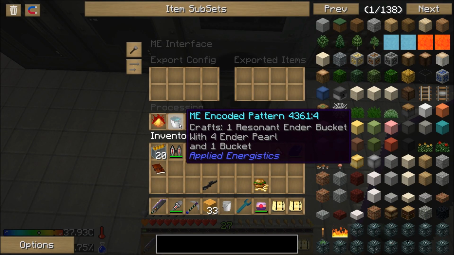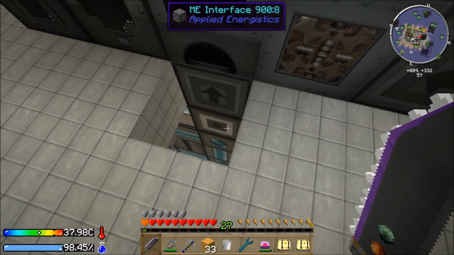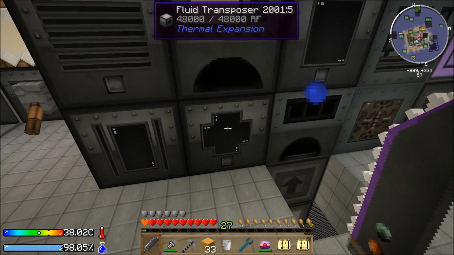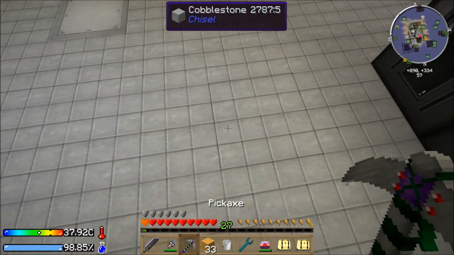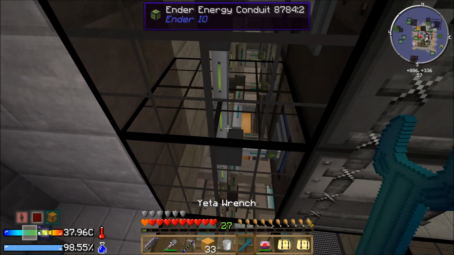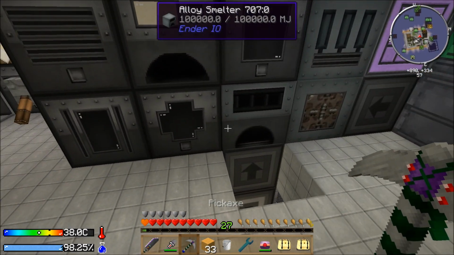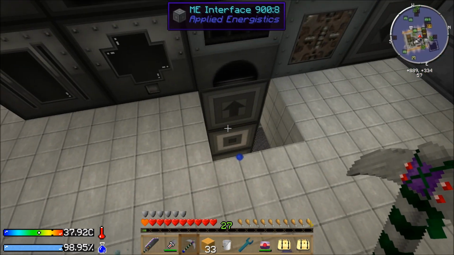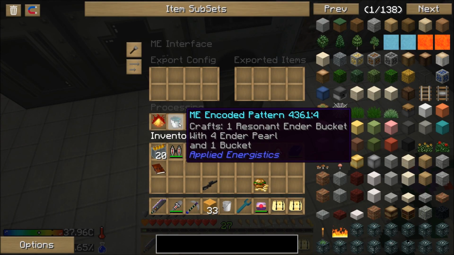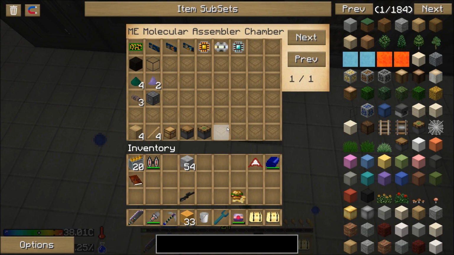I added the resonant ender bucket and the fluxed electrum blend to that crafting interface down there, which, remember, is what connects to these two machines via a chest and some item conduits. So we look back here, we can see that down through all the pipework and stuff down through there. So the AE system now knows how to craft fluxed electrum blend and buckets of resonant ender, which it then can use to make that